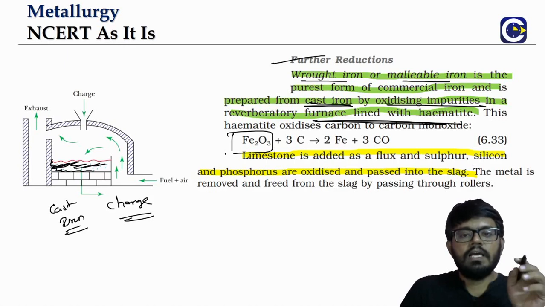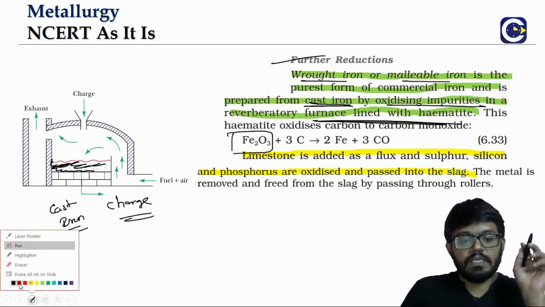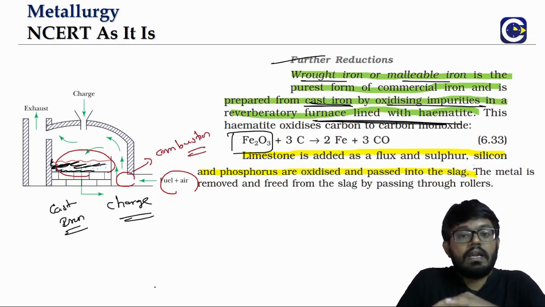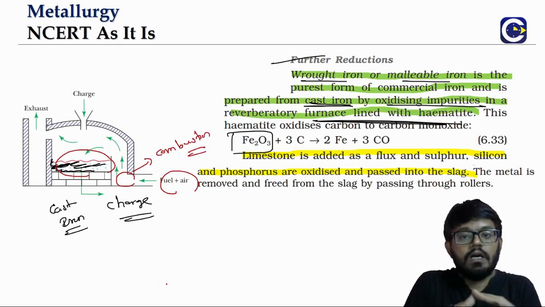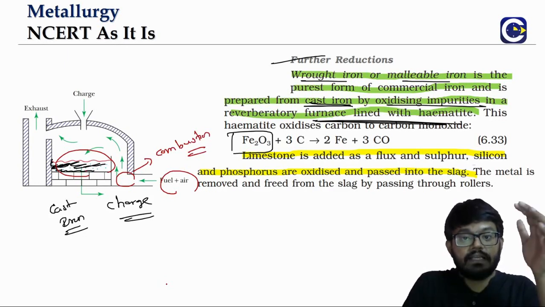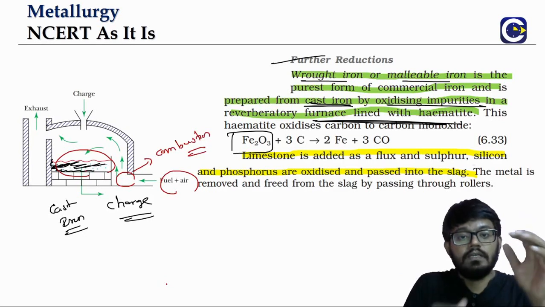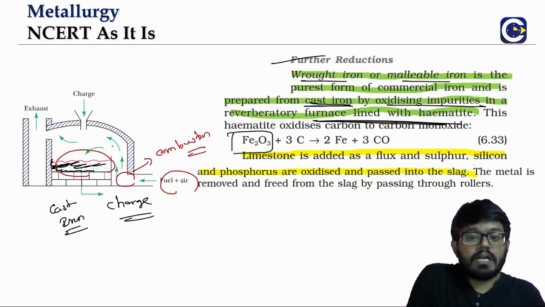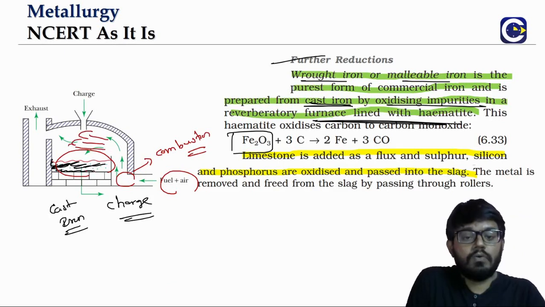So I will tell you how the reverberative furnace is different from the blast furnace. Here we have the charge, the raw material, so to say. You see the fuel and the air, actually the combustion, right, will happen separately. It will not happen along with the raw materials. In blast furnace, what is happening? From the top we are dumping coke along with the ore particles. So the combustion is happening together. Here combustion happens separately. From the combustion, whatever the hot air that we will get, we will allow it to pass over the charge.